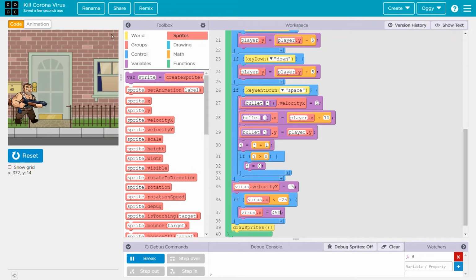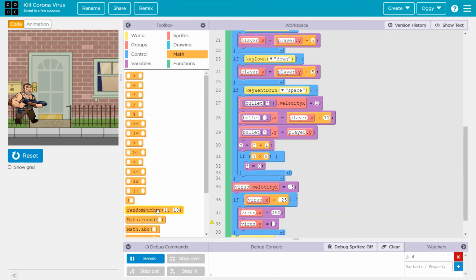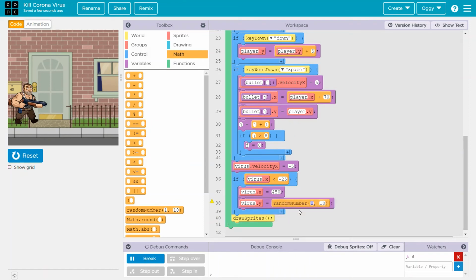And now the y position. The y position should be random. So here we will use virus.y is equal to, now here we will use the random number block. Let's see, the virus should come from here. The y value is 6 and here it is 370. So we can take the approximate value as 10